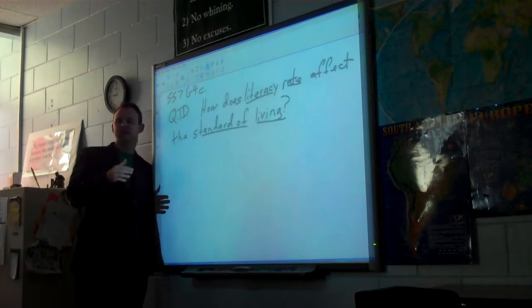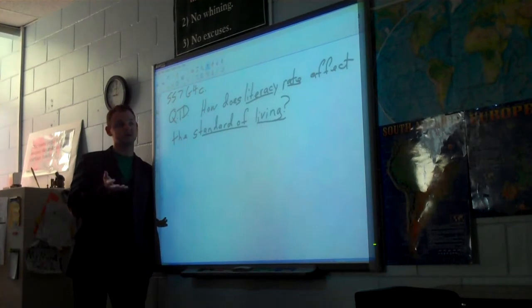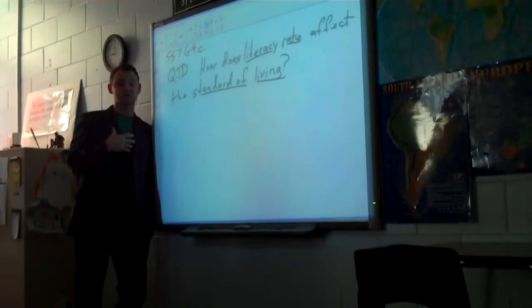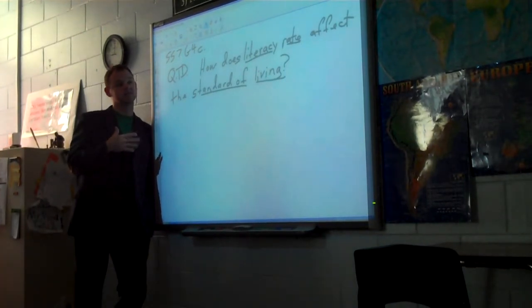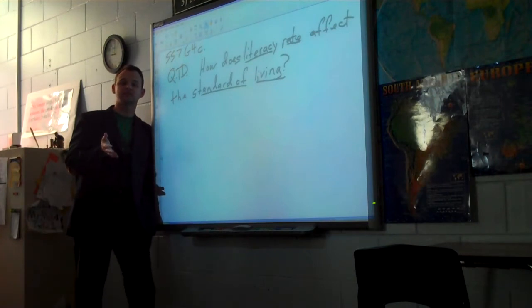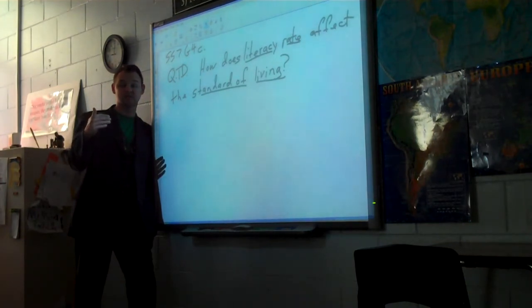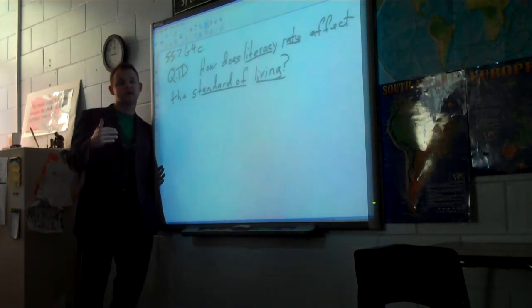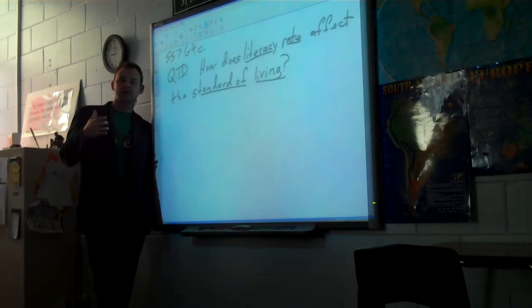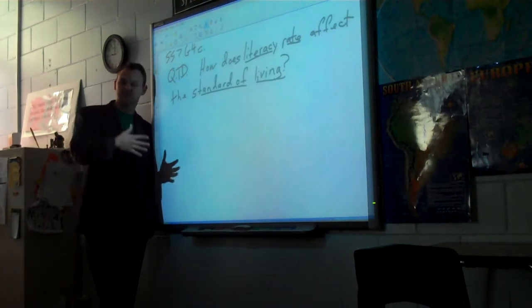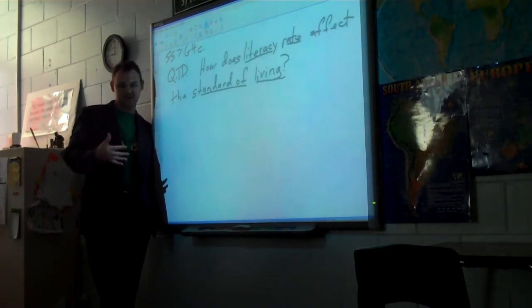Cuba, on the other hand, claims to have a 100% literacy rate. Of course, this is coming from a communist government, so we don't know if they're telling the truth or not, and I kind of find it hard to believe that everybody in the country can read and write. Of course, children don't count. This is people that are above school age, so it's the number of the adult population that can read and write. If there is a large percentage of your adult population that cannot read and write,